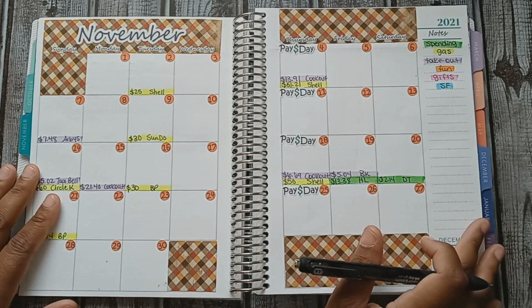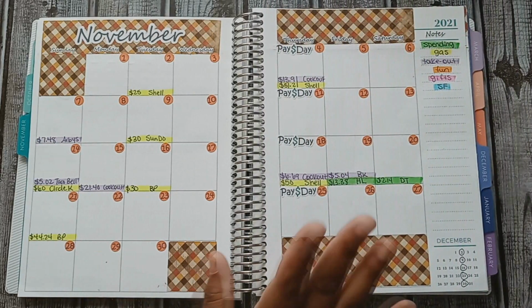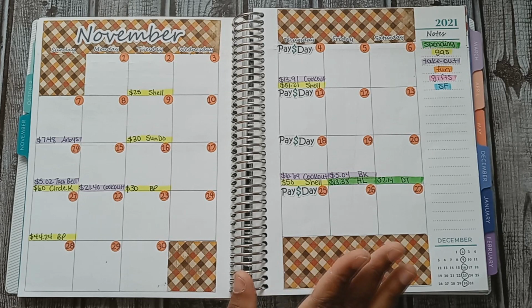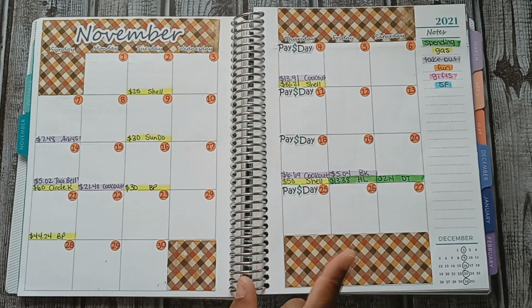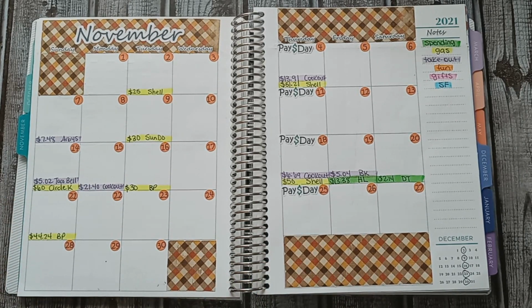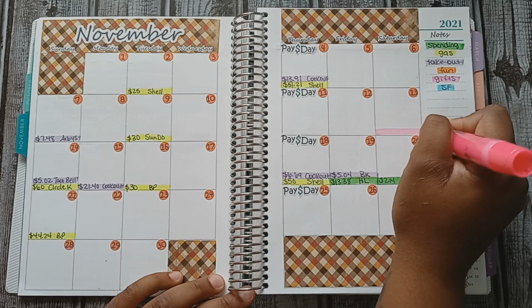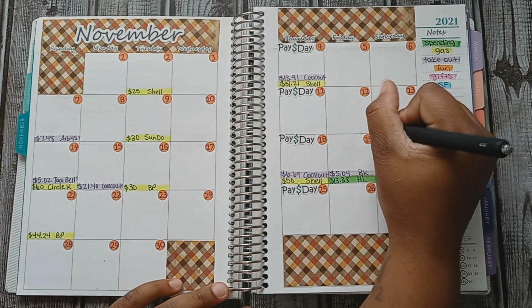And look at the transactions, you guys. I don't have that many transactions. So yeah, let's go ahead and move on to gifts, because I don't have any fun transactions. So we're going to skip on to gifts. And the first one we have is on the 13th. And this transaction was